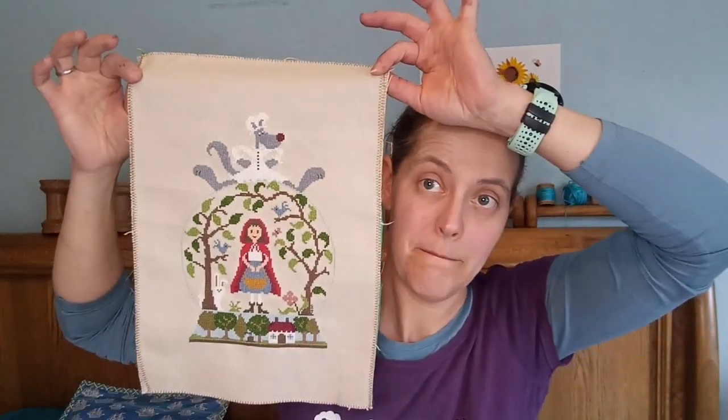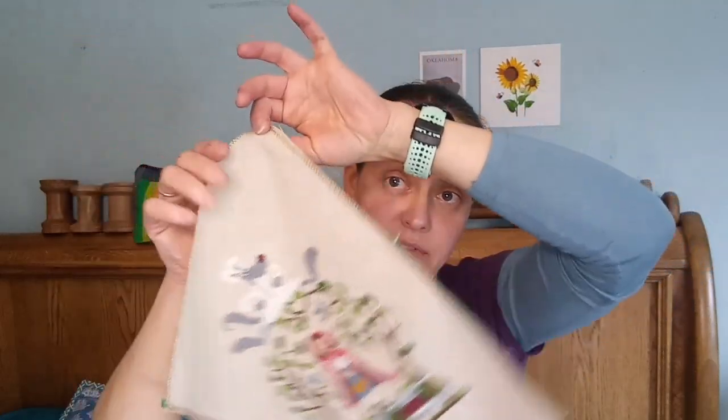I need to pull out the Wheel of Fortune challenge and just mark off how many letters I've done, because I think I've got quite a few of the words done now. Other than my start and my finish, that's my stitching. But I have finished the Little Red Riding Hood Snow Globe Jardin Privé pattern, which you can get as PDF